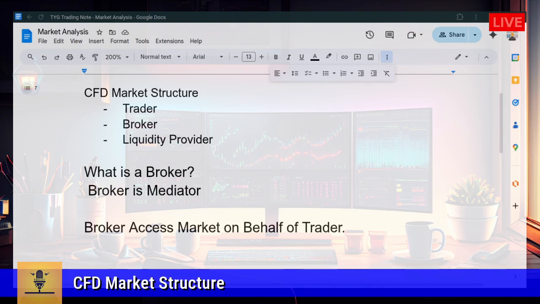When we open a position, broker will immediately issue a contract number. We can assume it is our ticket number in MT5 or MT4 or in any platform we are using to trade. As a contract, when it opens, it has to be closed later. They will hold our balance based on margin requirements, then process our order to the market.